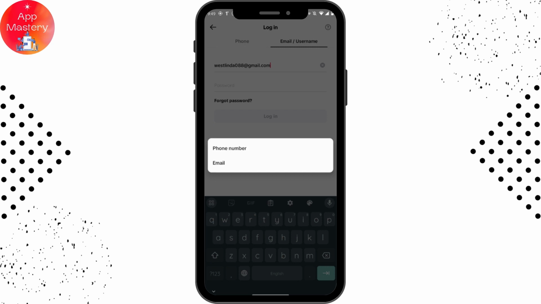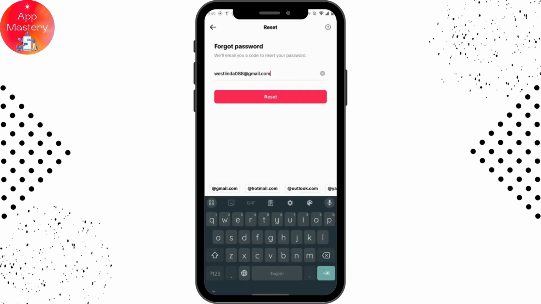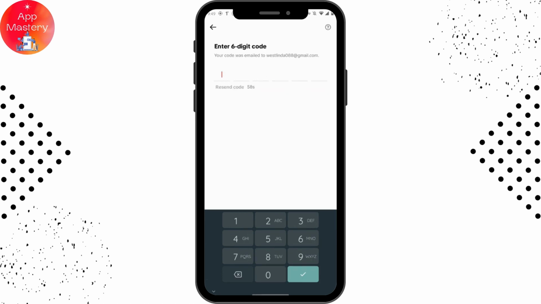So I'll be choosing email, and now you have to enter your email, and after entering your email address, tap on reset, and now a code has been emailed to your email address which you have just entered. So simply open up your mail, and then you will receive a code to your email. Enter that code here,